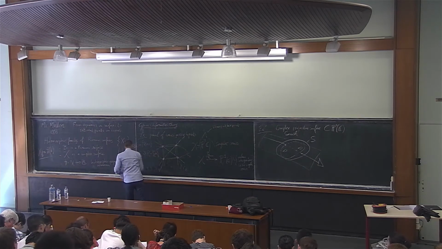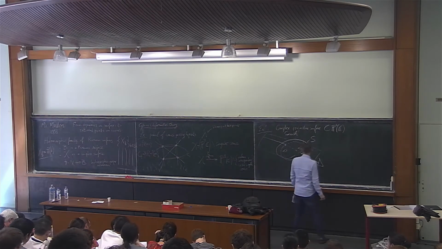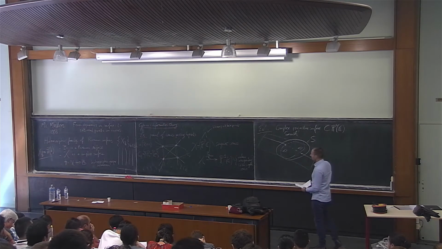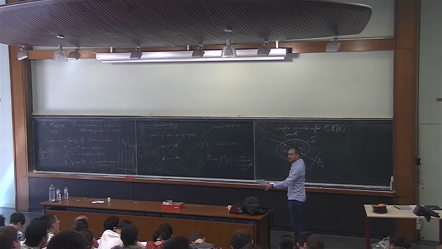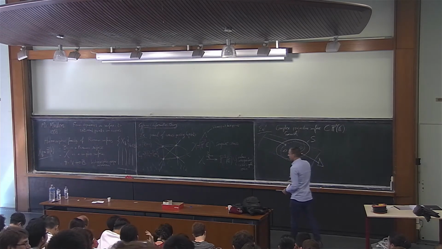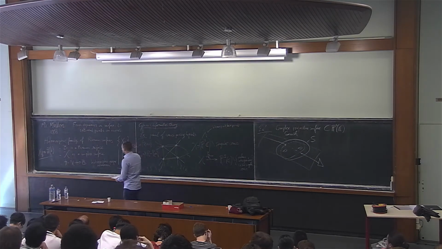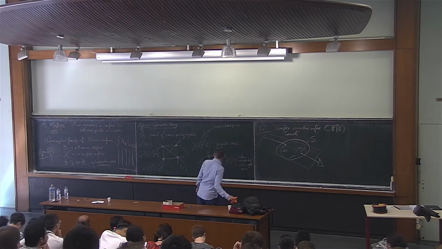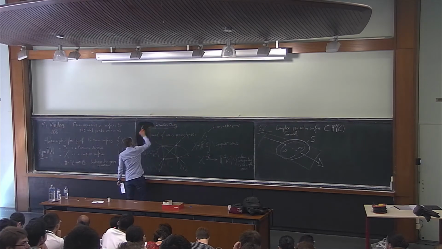So let me just say something interesting here. The goal was just to give you some examples. You have really plenty of examples of holomorphic families of curves, which in this case are algebraic families of curves. And now my goal in the lecture is to approach the following result, which is called,